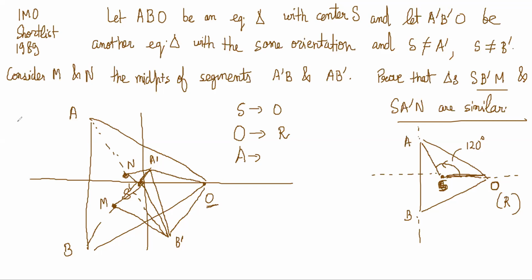no? Remember the cube roots of unity when we had an equilateral triangle like this. This point was 1, 0. This was the center. This was e power i 2 pi by 3, right? And this was e power i 4 pi by 3. Remember? Cube roots of 1 when we had done. We got an equilateral triangle, no? So same way here also 120 degrees.